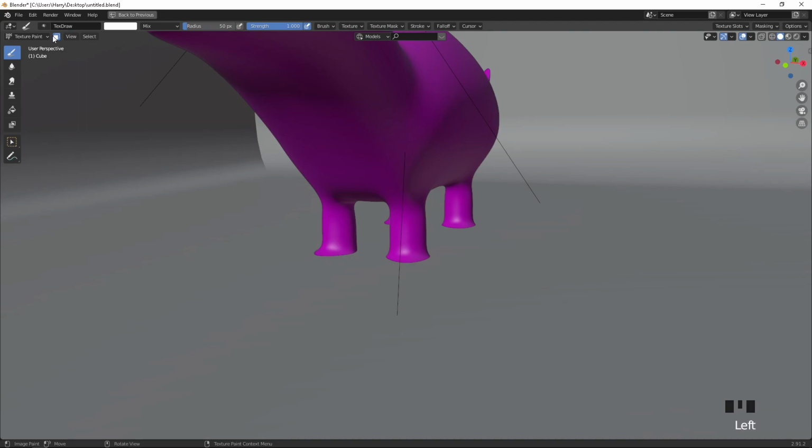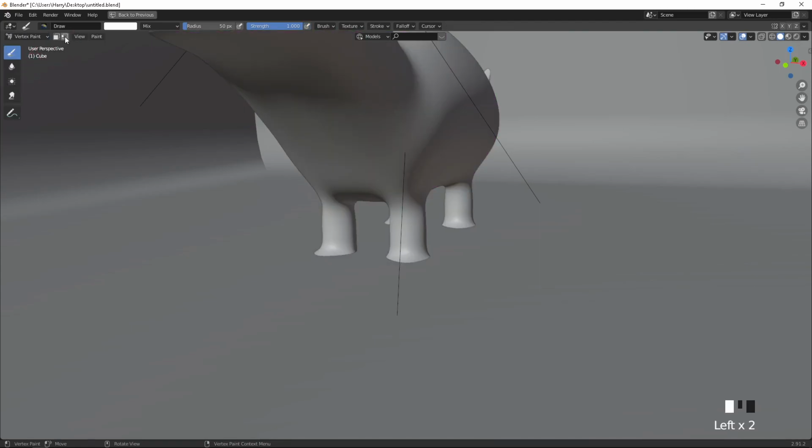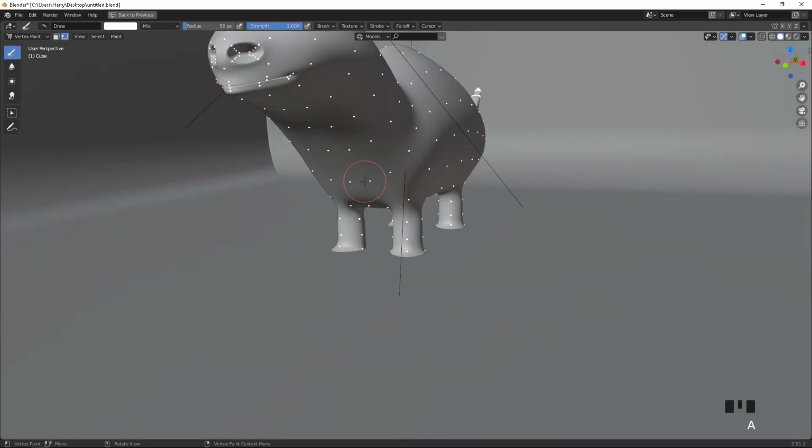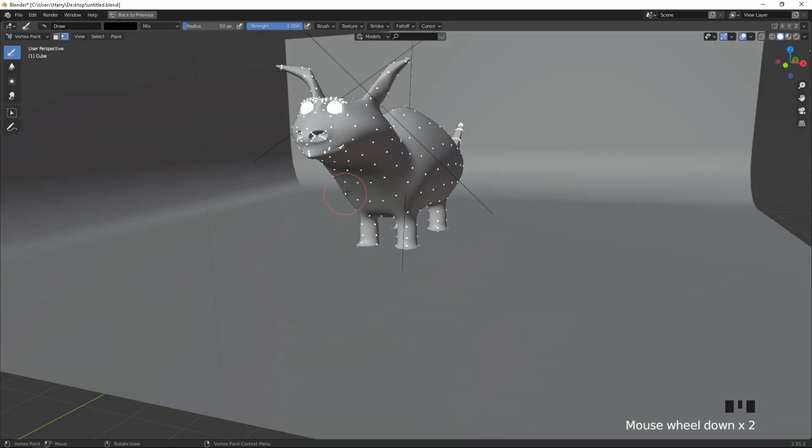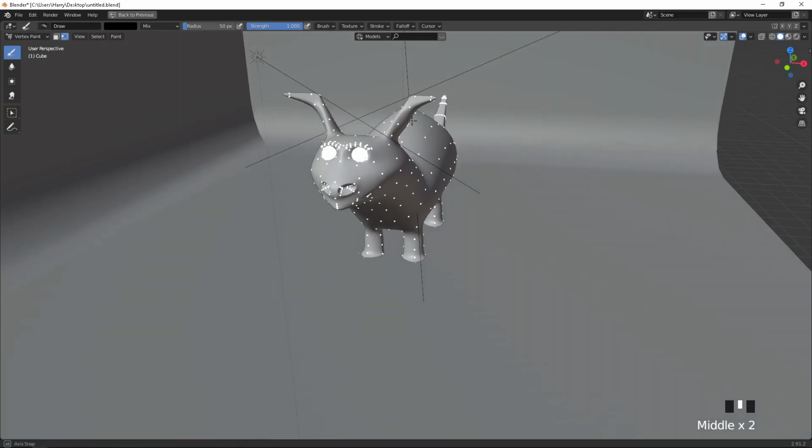Now go to the vertex paint, select all vertices and make it black, and we are going to model here like this.